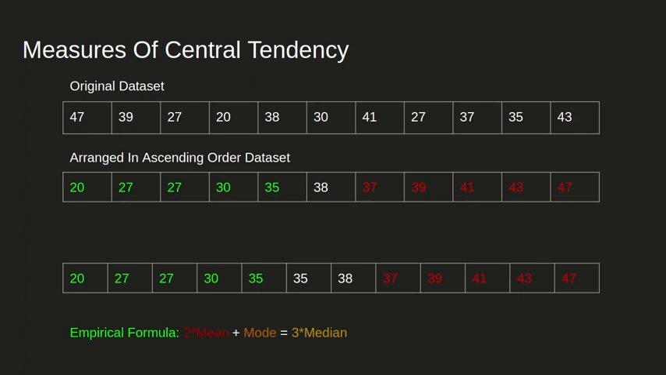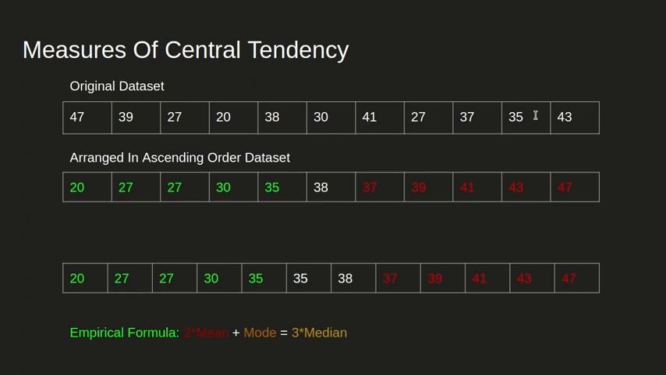So to find a measure, in this case, let's look at how to find the average using that original data set. To find the average, you just have to add all of those numbers and divide by the total number of numbers that we have. So we take 47 plus this, plus 27 plus 20 plus 38 plus 30 plus 41 plus